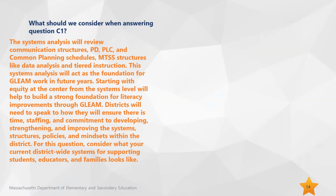The systems analysis will review communication structures, PD, PLC, and common planning schedules, MTSS structures like data and tiered instruction. This systems analysis will act as the foundation for GLEAM work in future years. Starting with equity at the center from the systems level will help to build a strong foundation for literacy improvements